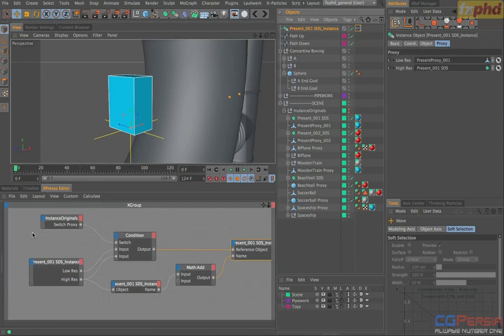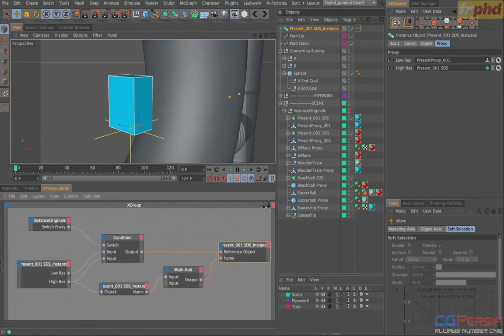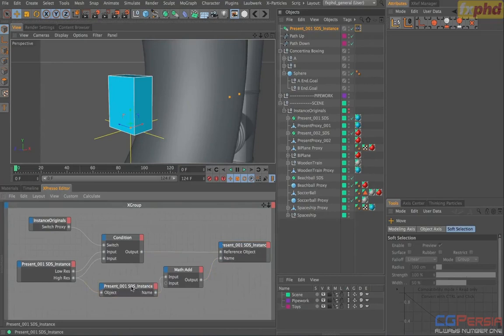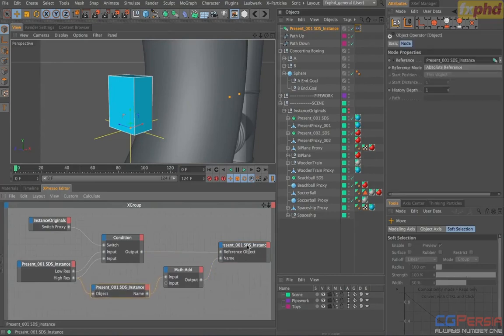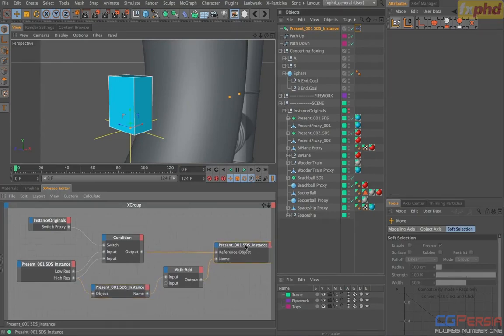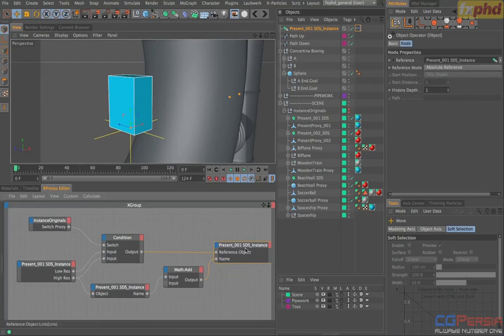Okay, there's only one other thing I want to do before we move on, just to make this a bit more flexible. At the moment all of these nodes are linking to an absolute object. By the way, you can hold down Control and click on this menu bar, or the title bar, sorry, and it will optimize that node so you can see everything in there. But if we select these, you can see they're all set to absolute reference, so it means they're referencing this object, and if we copy this Espresso tag onto another object, they're still going to